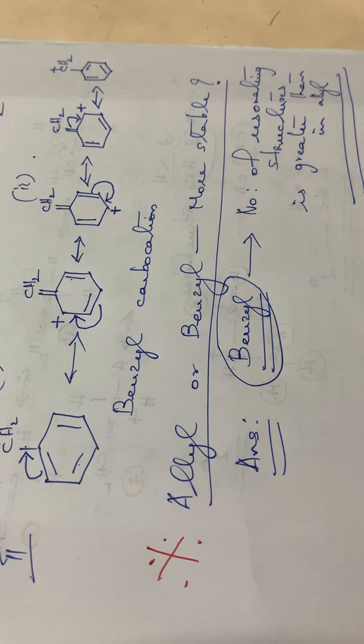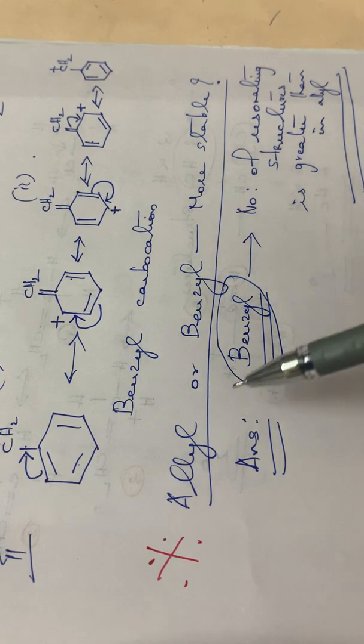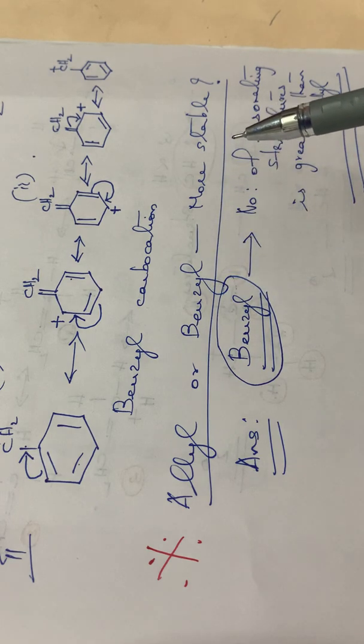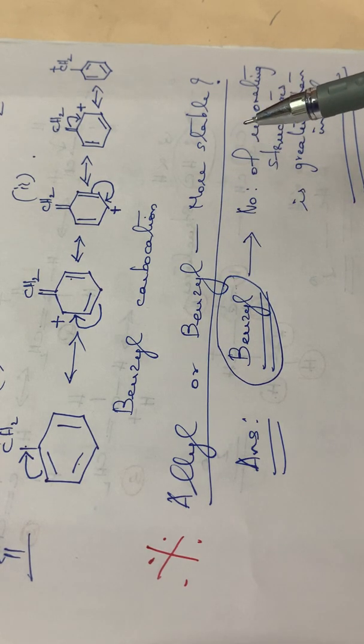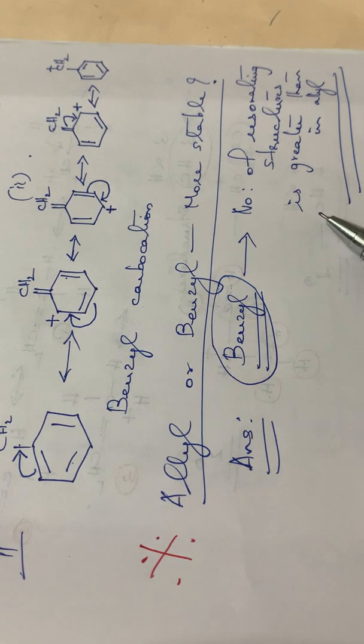See, in this part you will be asked application level questions. That is, you have to compare one or two compounds and write the stability. Okay. Sometimes it might not be asked like what is resonance, what do you mean by resonance effect, like that. It might not be asked sometimes. It will be just an application level question like this. Which one will be more stable, an allyl or a benzyl carbocation?